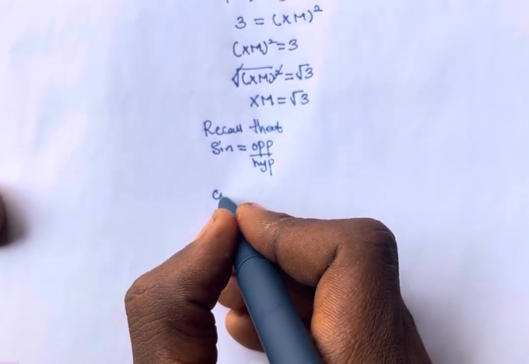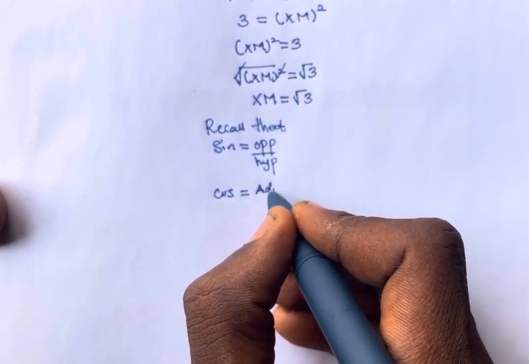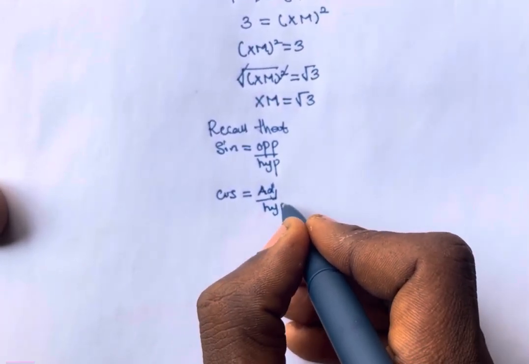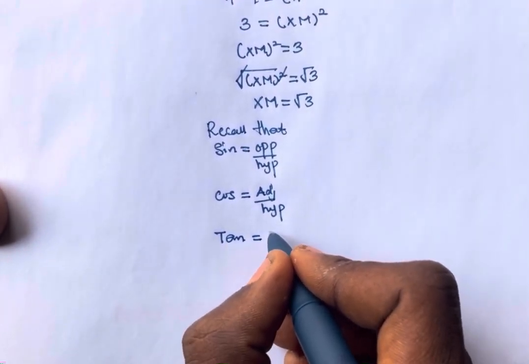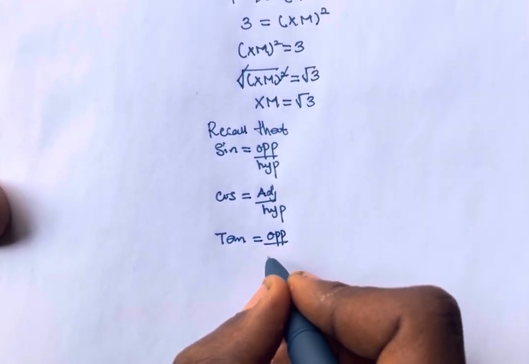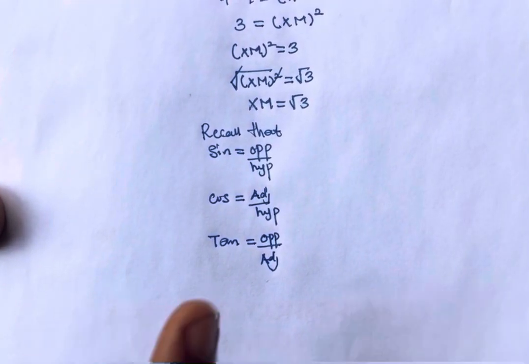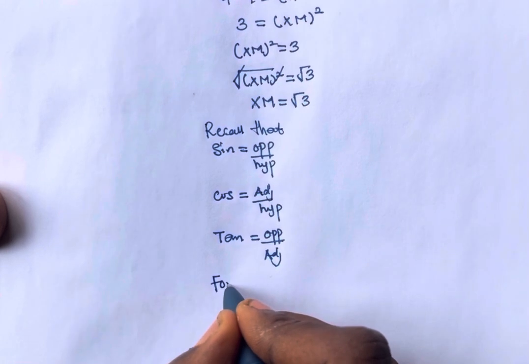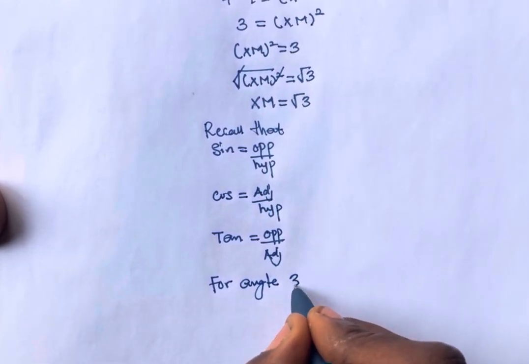Then our cos is equal to adjacent over hypotenuse. And our tan is equal to opposite over adjacent. So for angle 30 degree,